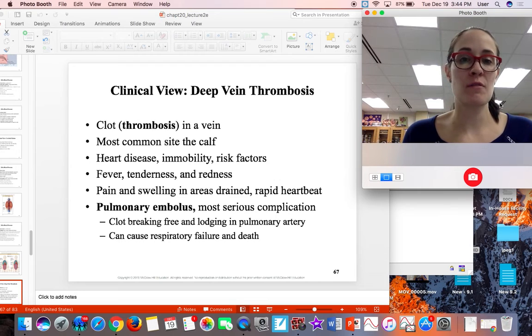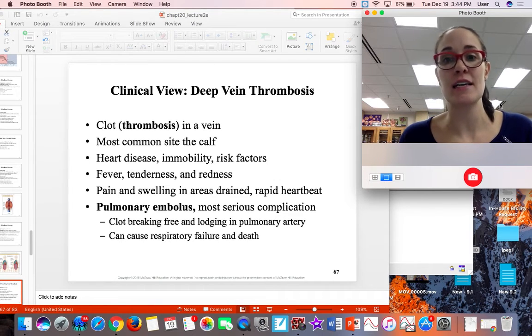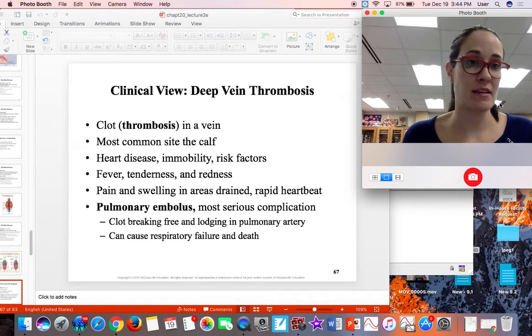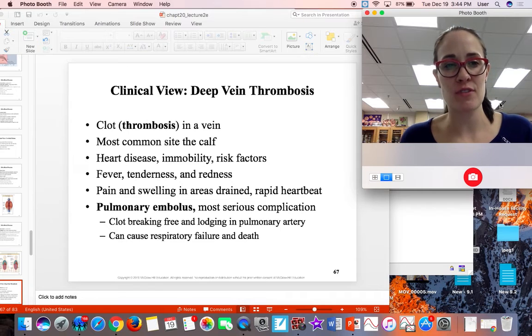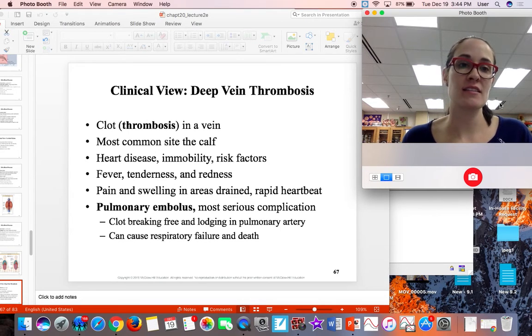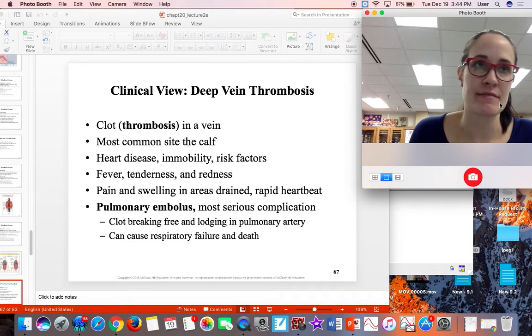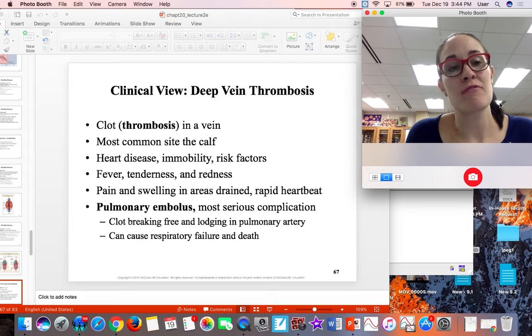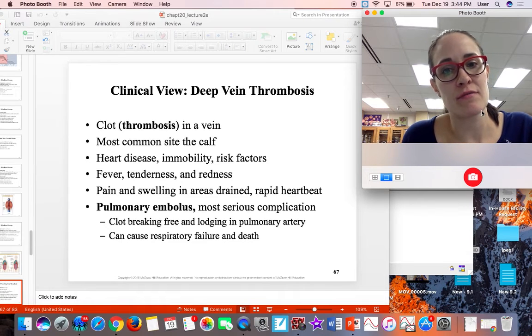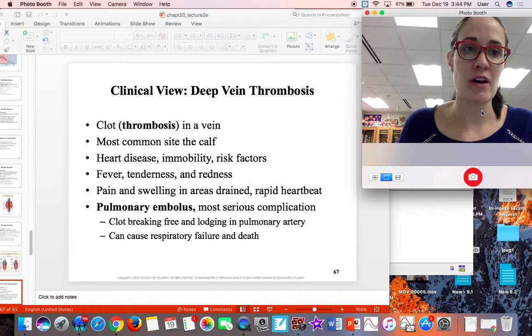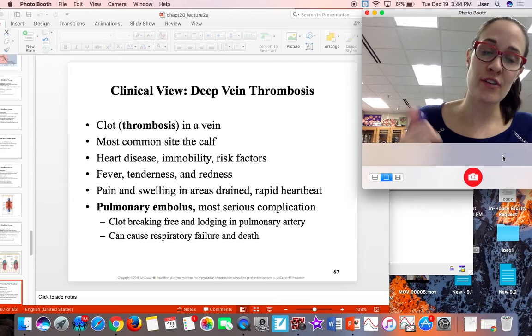A deep vein thrombosis, like we said before, is a blood clot. It's more common in the lower leg. What can make somebody more at risk for a deep vein thrombosis is heart disease, immobility, so just laying around, or other risk factors. There are many. If you have a blood clot, you could feel tired in that area, and it can be tender,